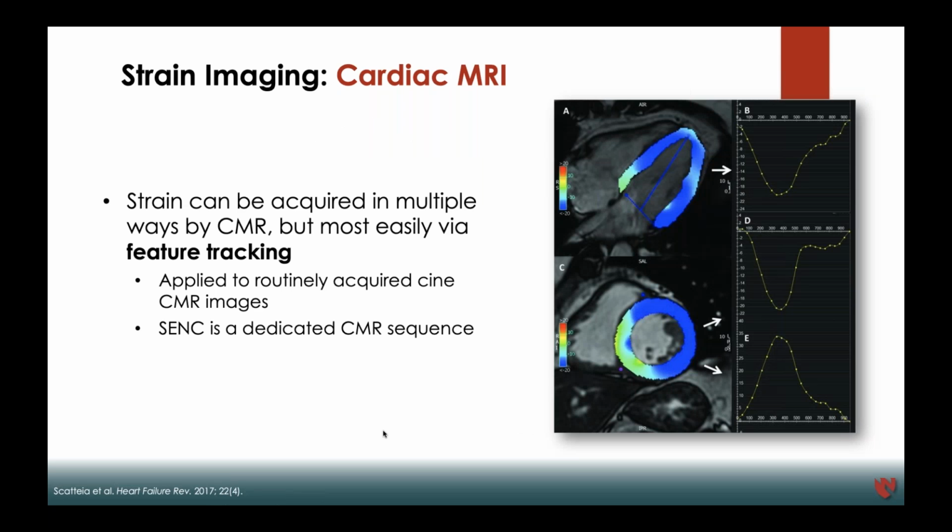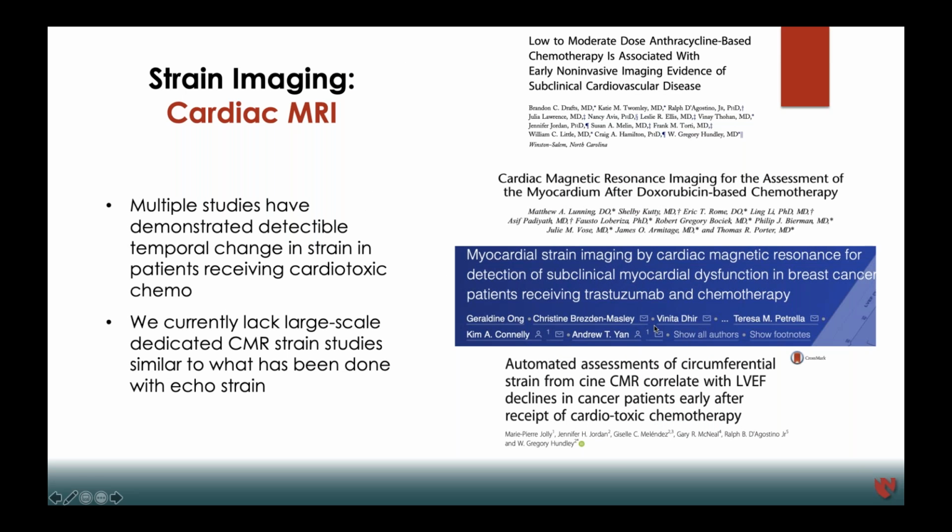Cardiac MRI overcomes this, for the same reason that we're able to get a better ejection fraction from an MRI compared to an echo: we're avoiding the limitations of chest wall anatomy impacting our image quality. You can do this by feature tracking over our existing cine sequences, or you can use strain encoded sequences as well. But feature tracking tends to be a little easier because you don't have to do an additional sequence. We currently lack the same large-scale studies dedicated to CMR, like what is done with echo strain,